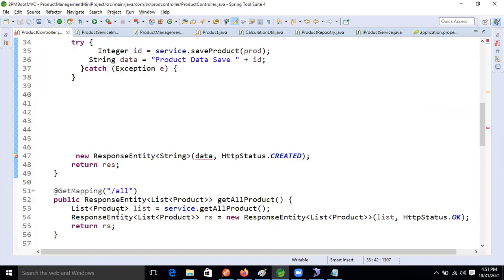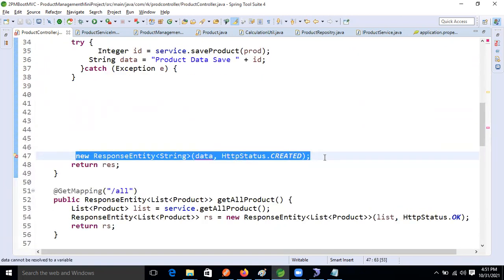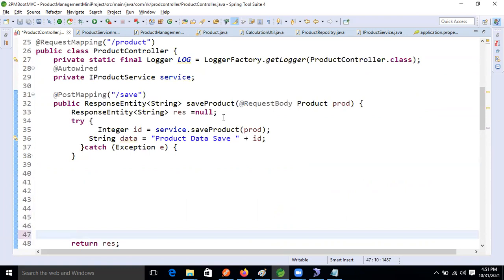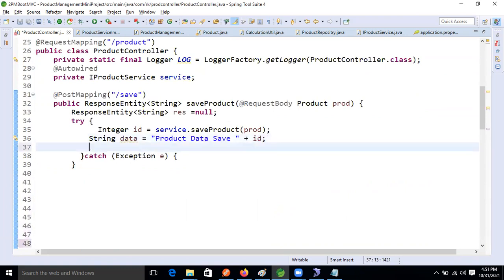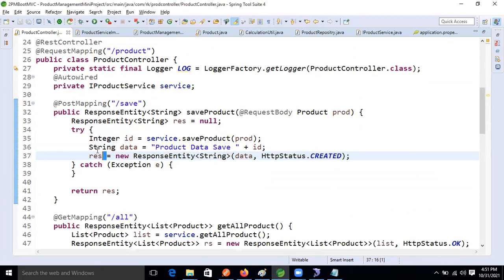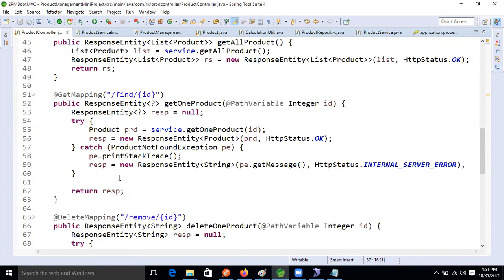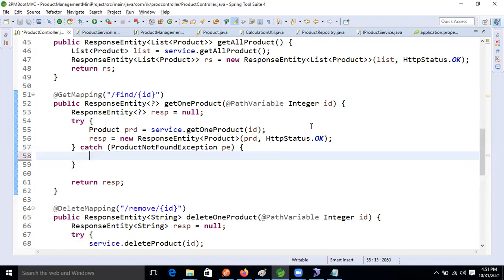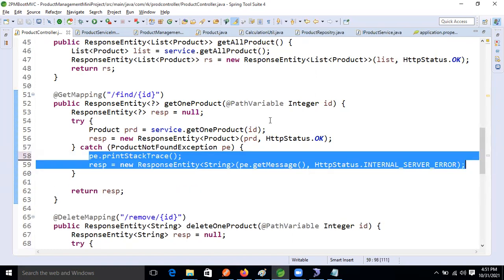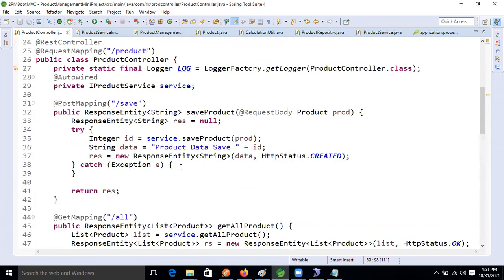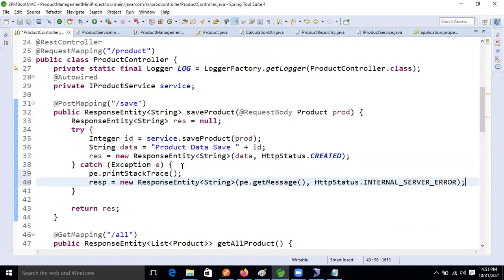Then take this one as res, and one more here, this internal server error. Control Z, copy and paste in the catch block. That's it, completed.